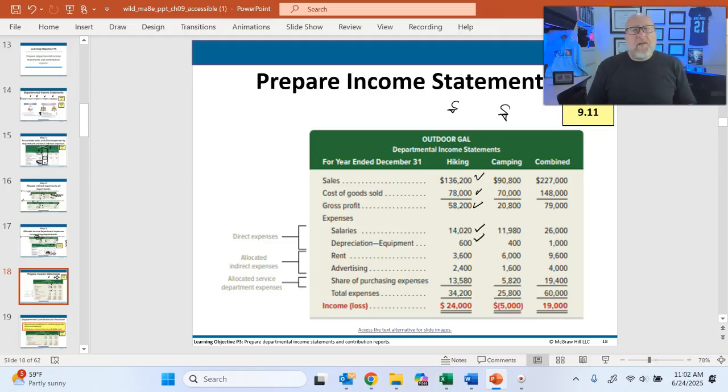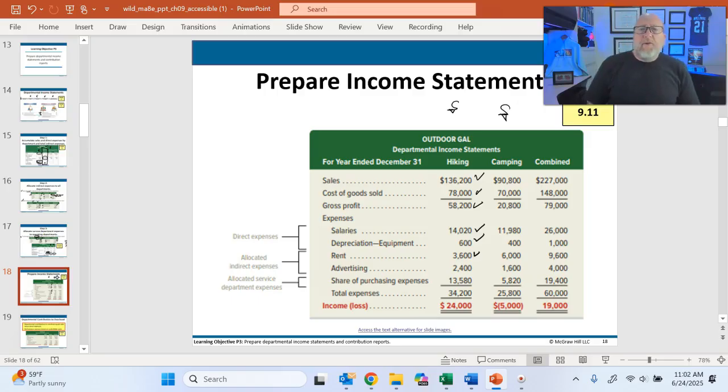Then we had depreciation, probably on the shelving within the store, only related to hiking. Then we allocated indirect expenses for the entire store. And that's when we said, hey, 3,600 of the rent relates to hiking and 6,000 of the rent relates to